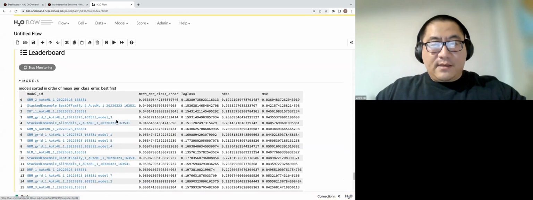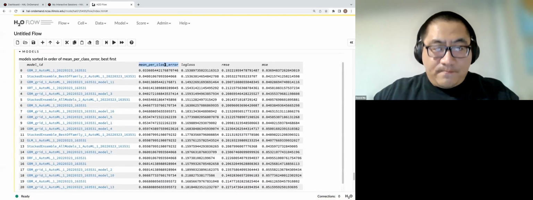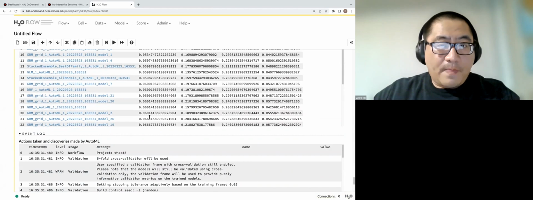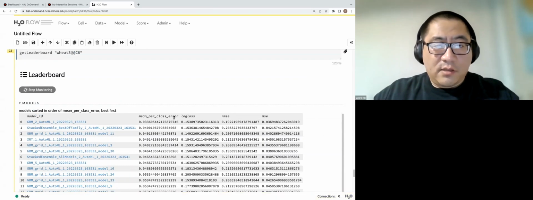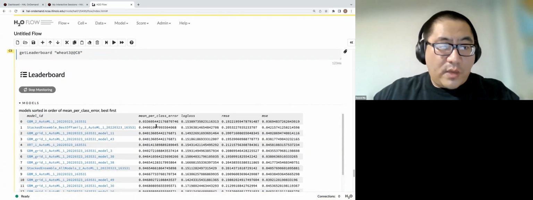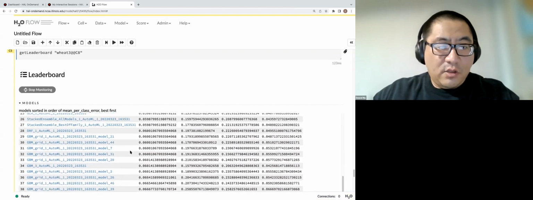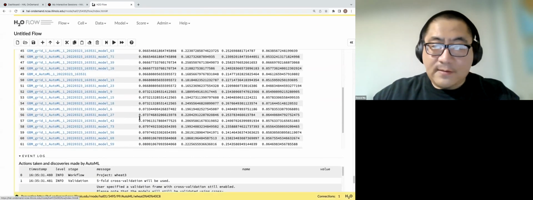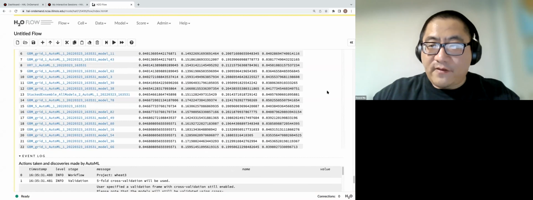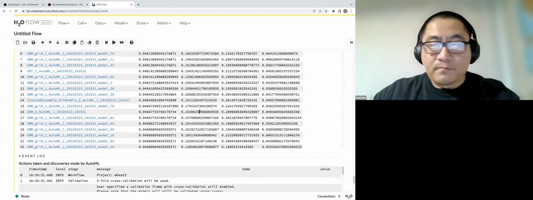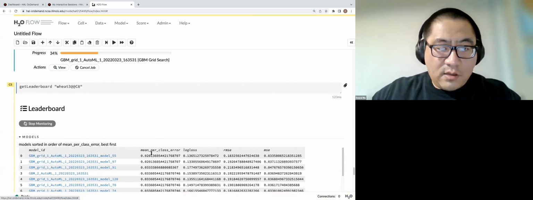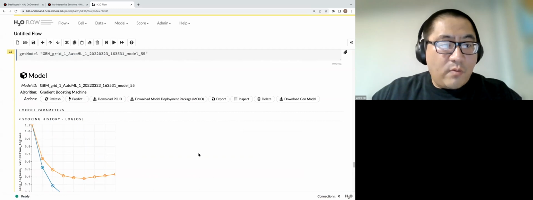Based on the value of the mean per class error, we can see which method is doing a good job, and there are already more than, I think, 50 models there. So let's say they're still going, but I want to see the one with the best result. So I'm going to click